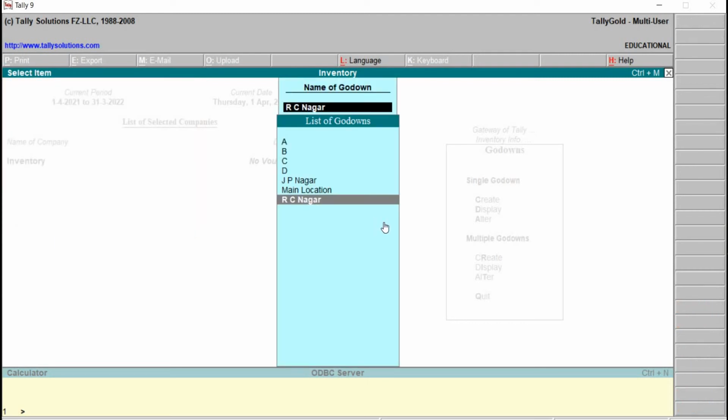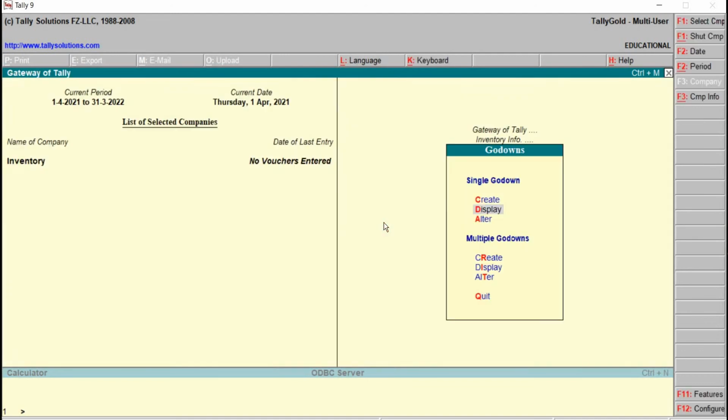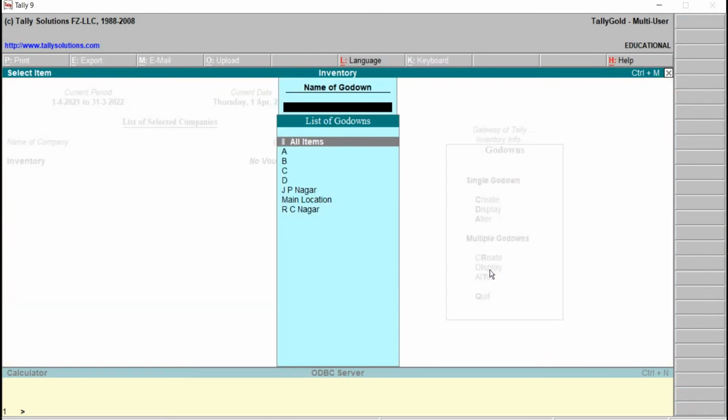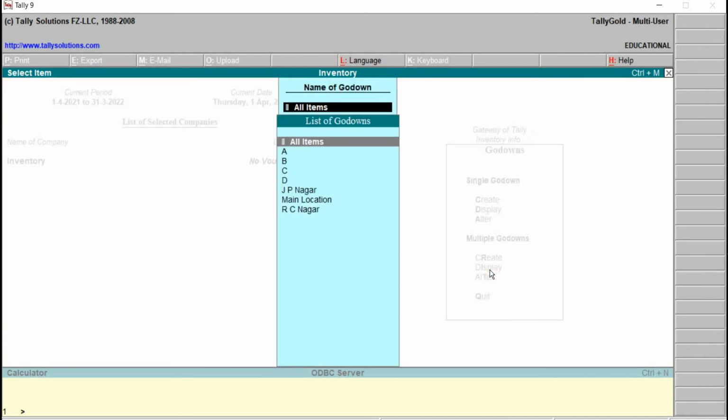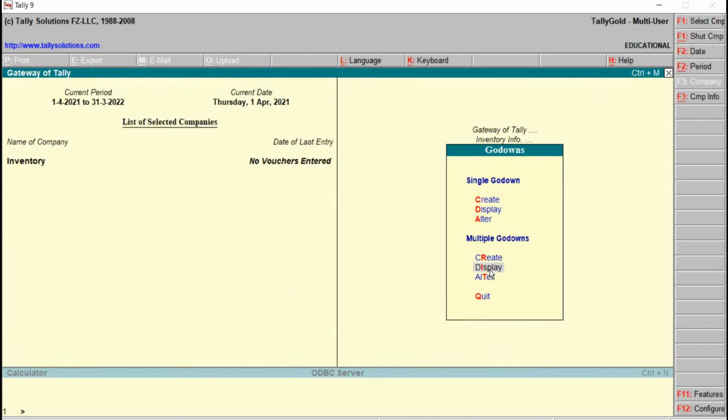Then escape to come back to the godowns menu. Multiple mode, display. All items, we can see the list of godowns which are created by the user, and in the same way we can see even the default godown also. To come out, escape. Once again escape. We will be back to godowns menu.